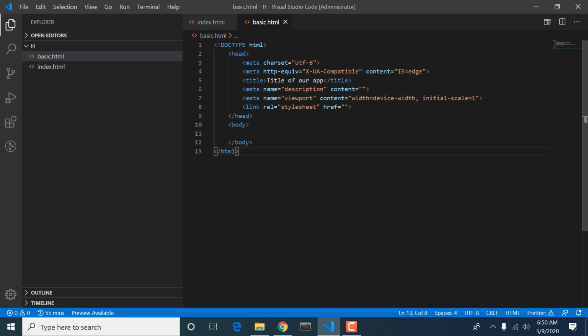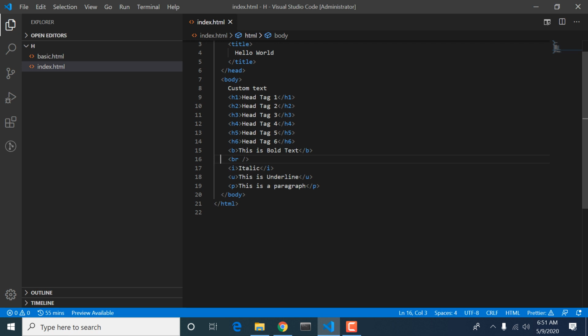So guys, line number 8 we are not covering right now because it is a part of CSS. This thing is covered many times repeatedly. This line is going to integrate our HTML with CSS, so we will cover it later on. Okay, moving ahead, let's close this file for now. Let's open this.